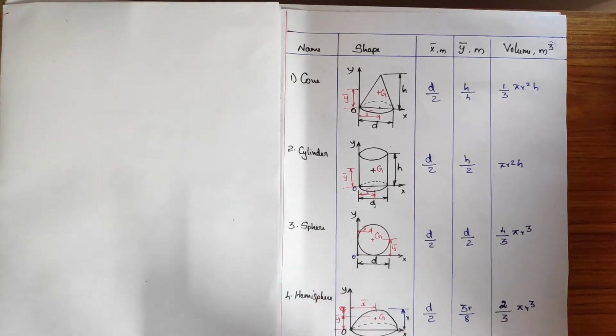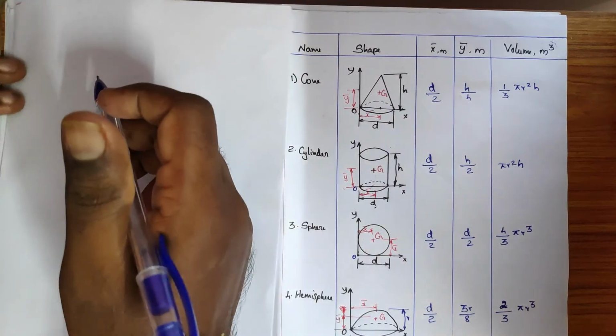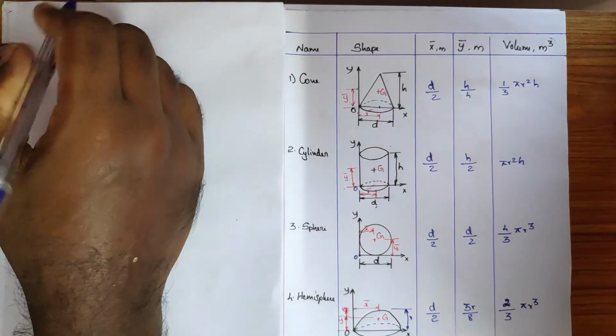Okay, so when you are having the compound solid, already in the centroid itself we have practiced. That means we'll be taking the object into the coordinate xy, and afterwards we'll be dividing it into simple components, right? So at that time, after finding the self centroid or self CG, center of gravity, we need to specify the x bar and y bar for the entire components from the O, with respect to OX and with respect to OY. Okay, so here comes a little bit of difference in formula. Let me tell you. So compound solid,